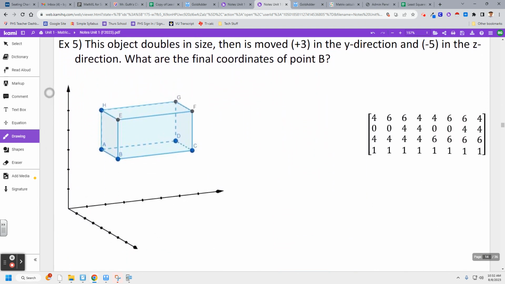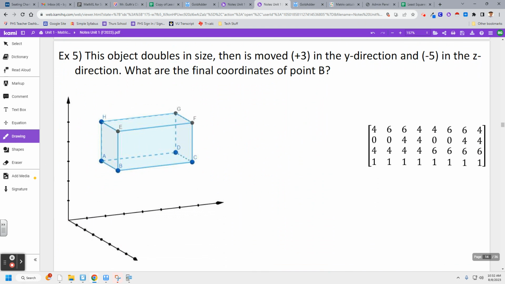Let's move on. This object doubles in size, then is moved +3 in the y direction and -5 in the z direction. What are the final coordinates of point B? Okay, so there's a lot going on here. First, we want to double it. Okay, double in size. So go back to your reference, and you're going to see that we're going to need